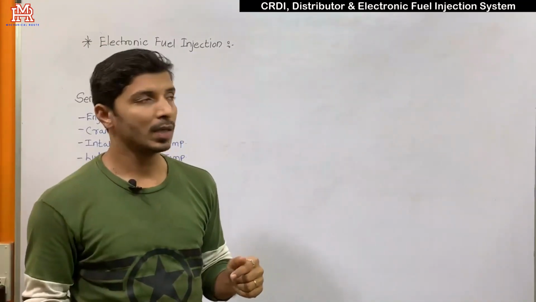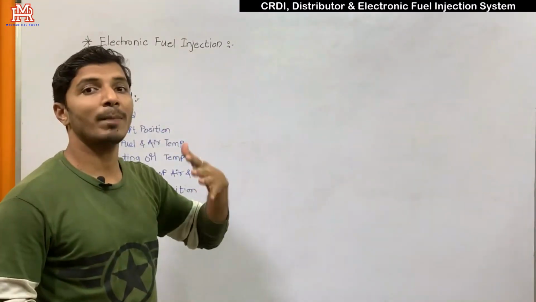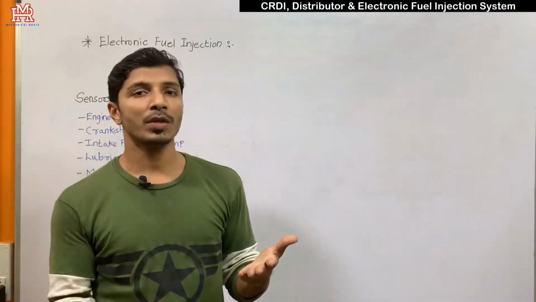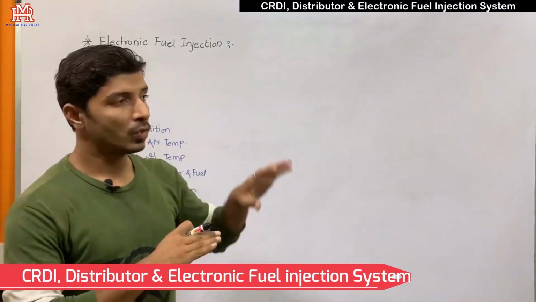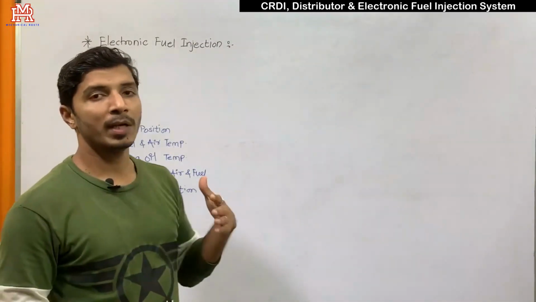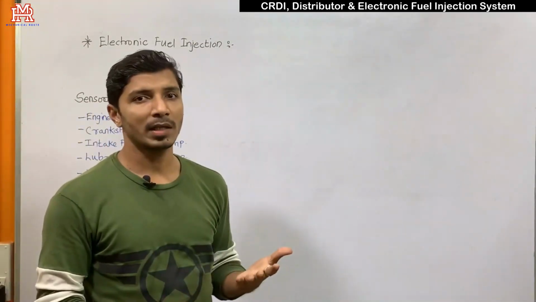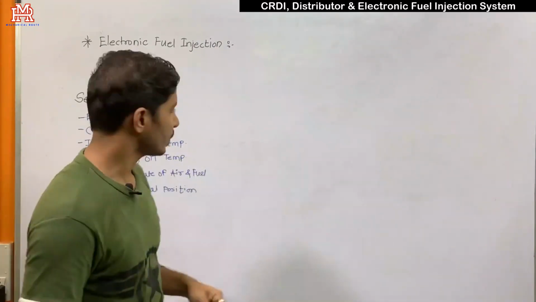different speed conditions. If you compare this electronic fuel injection system with the mechanical system, then even if you are using the CRDI system, distribution system, or individual pump system, we are still not getting the exact quantity of fuel which needs to be injected in the cylinder according to the load and speed conditions. But if we club those mechanical systems with this electronic module, then we will get different advantages, like power output, fuel economy, and reduced emission gases.